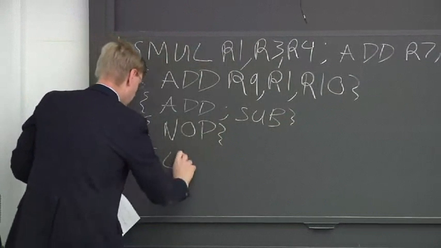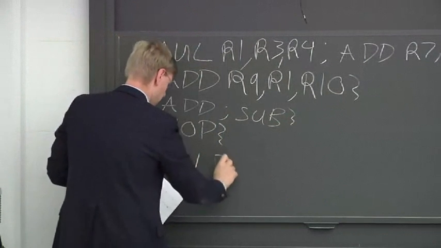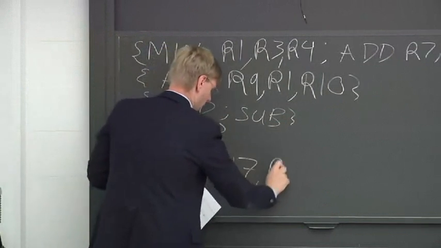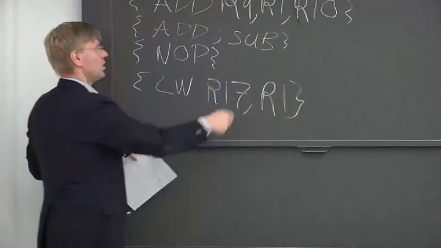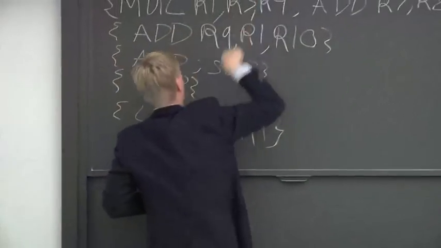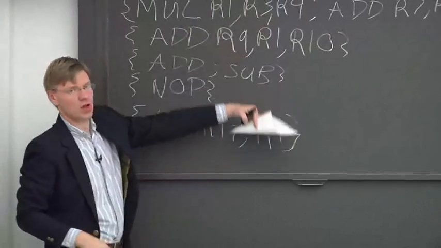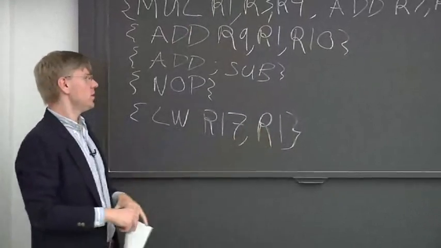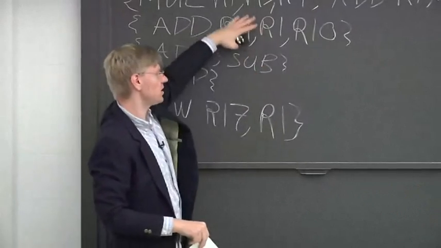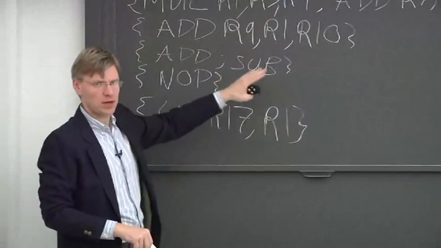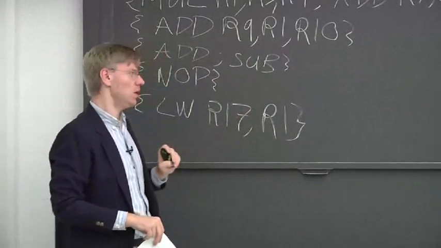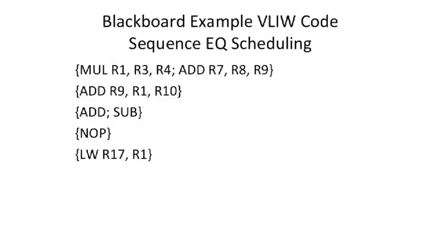And then finally, down here, we have something which does a load of R1 and gets the result of this multiply. So all I'm trying to get across here is that this is a scheduling model of what the compiler needs to do and where it needs to place code. It's not a hardware problem. If we were to try and take the same piece of code and run it in an LEQ model,